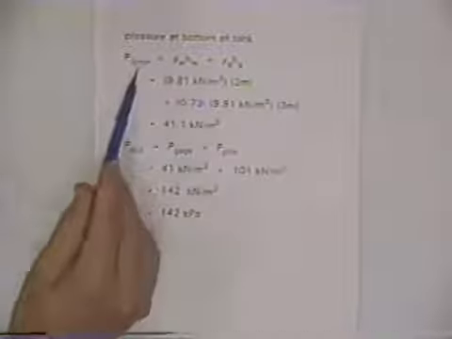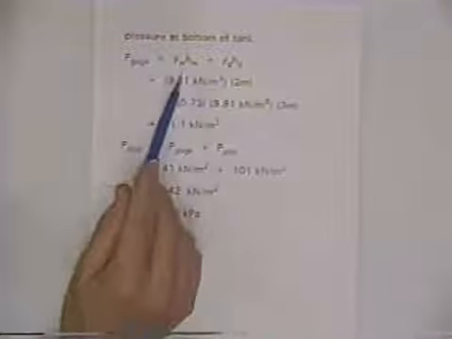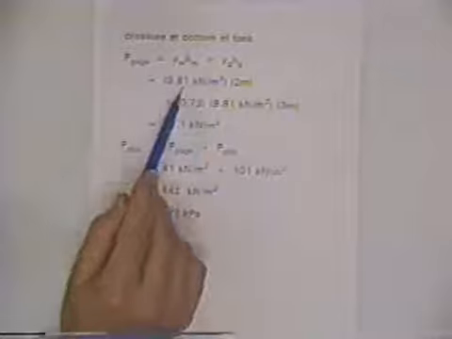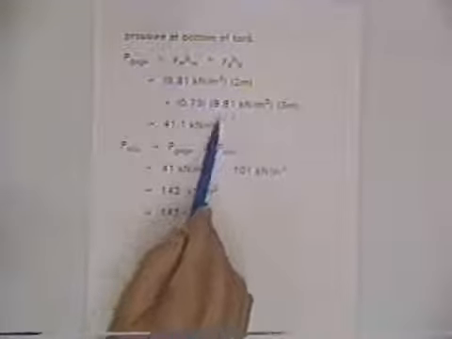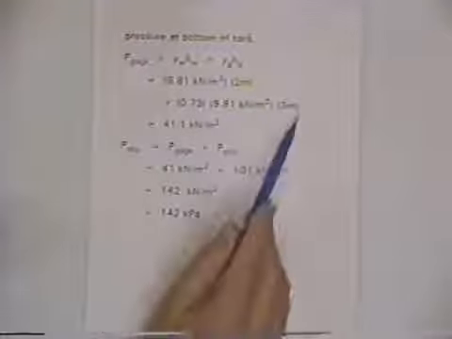And it's convenient to work in gauge pressure. We do that quite often, most often as a matter of fact. So we'll talk about gauge pressure. The unit weight of the water times the head of water, 2 meters of head, plus the unit weight of the other liquid, the gasoline, which is a specific gravity times the unit weight of water, times the head there, 3 meters, gives you 41.1 kilonewtons